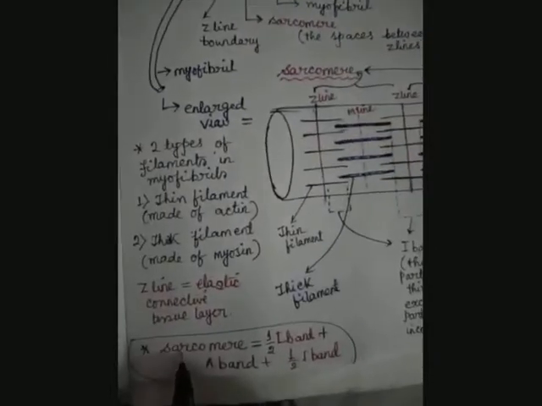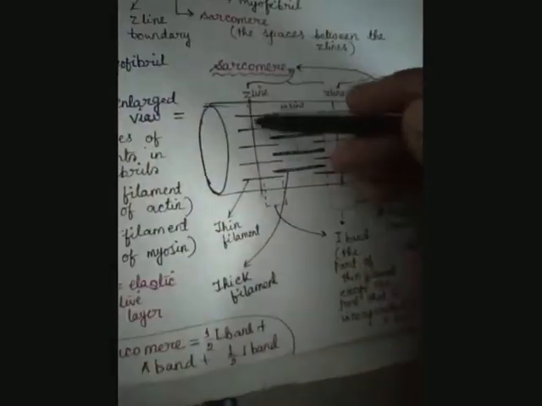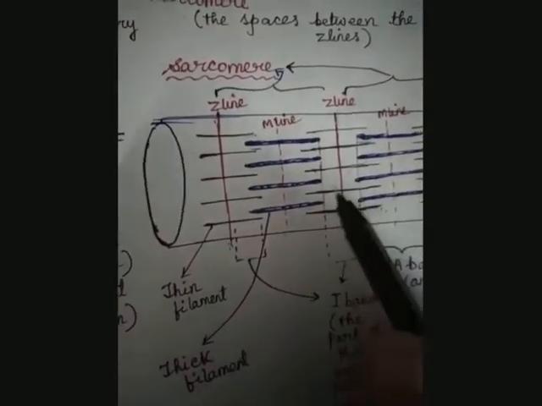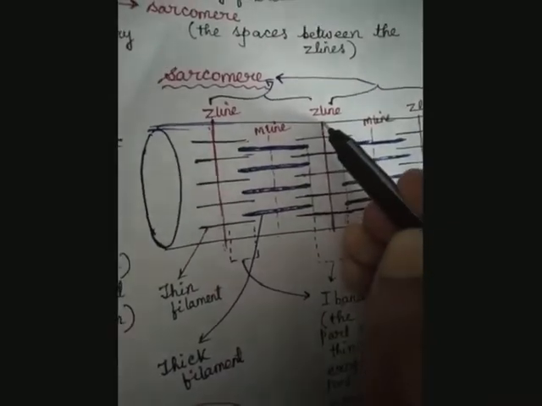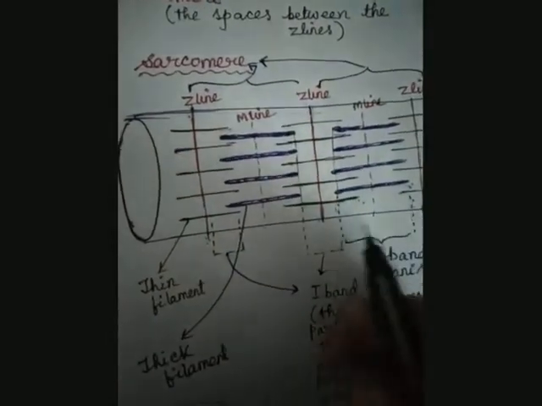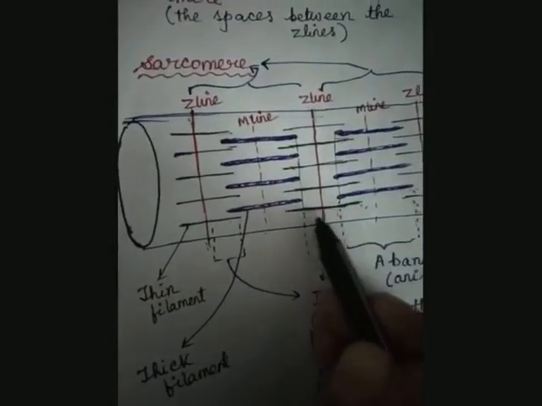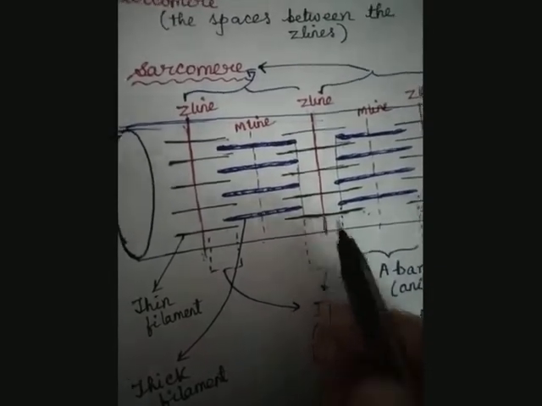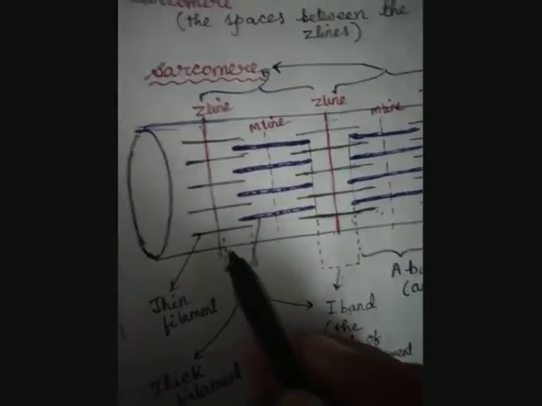So now see here it is written one sarcomere. See, sarcomere means the space between these two Z lines. This one is the Z line, this one is the Z line. So in between, this region is called sarcomere. So one sarcomere contains half I band. See, half of this one is the sarcomere, one sarcomere, this portion. So it contains half of the I band. This one is the full I band region, but it contains half I band region. See, this one is the half I band region. Here also half I band region.